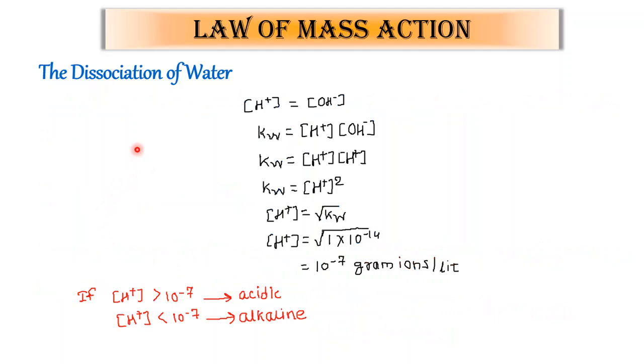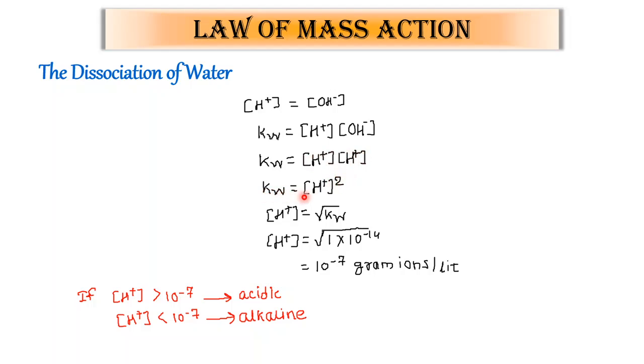So if I consider the dissociation of water as we have said in the previous case, the concentration of H ion and OH ion in the dissociated water remains the same. So we will say Kw is equals to concentration of H ion into concentration of hydroxide ion. Now I can replace either H ion or OH ion with other one. So now I am replacing this OH with the H ion. So I can say Kw is equals to concentration of H ion into concentration of H ion. So this is 2 times, so I can say as a square.